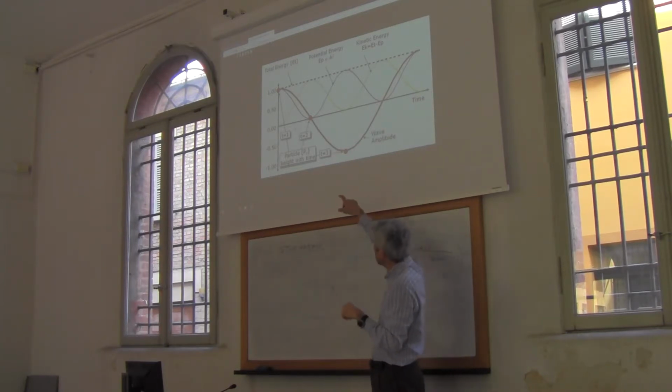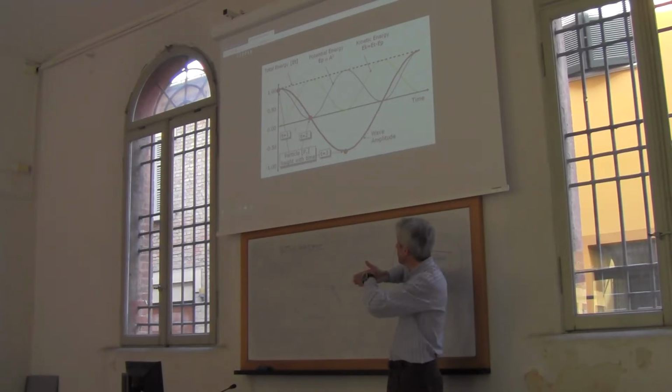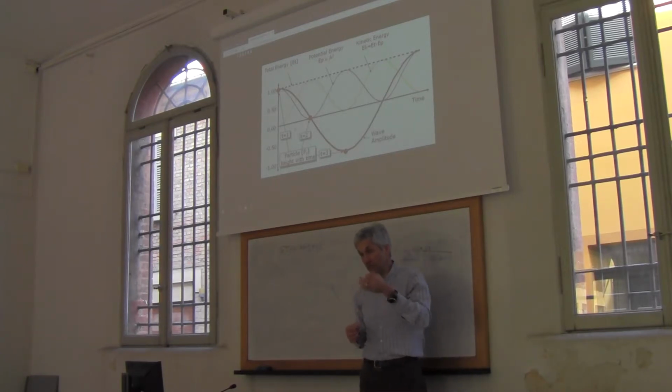And it gets at the mean sea level, the horizontal black line. You see that it indicates time, but also indicates the mean sea level. So when you get to the mean sea level, you have the max of kinetic energy, because you have the max velocity of the particle, and you have the minimum of potential. The minimum of potential, I'll explain you why, because this is something that is a bit more difficult to understand. Why you have the minimum of potential at the mean sea level.